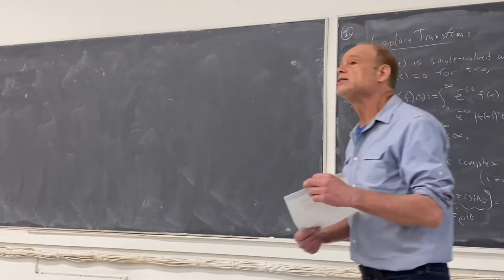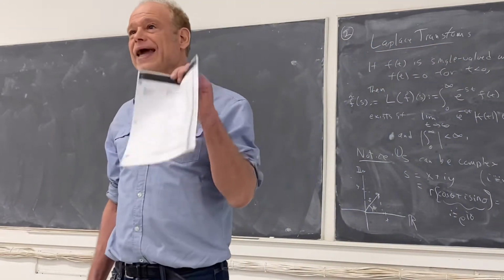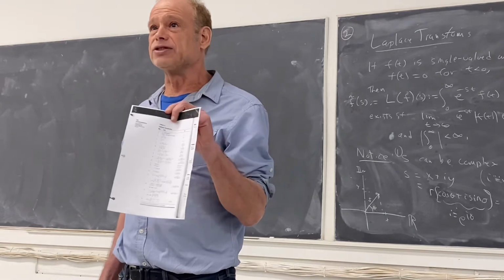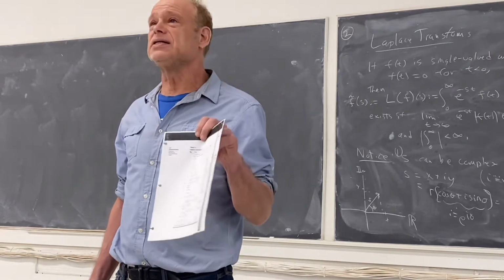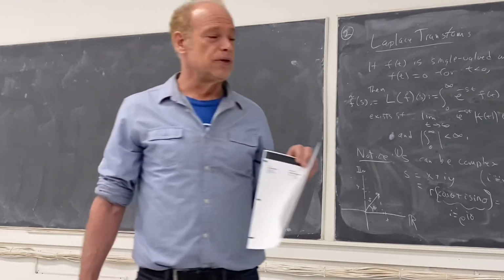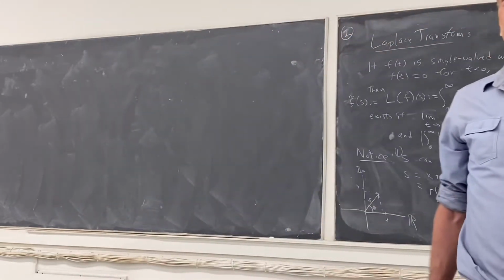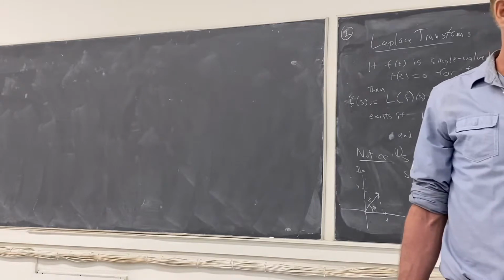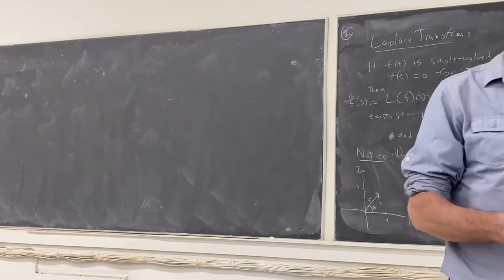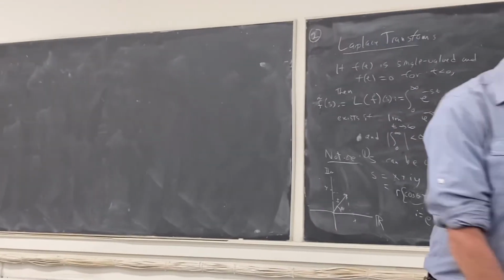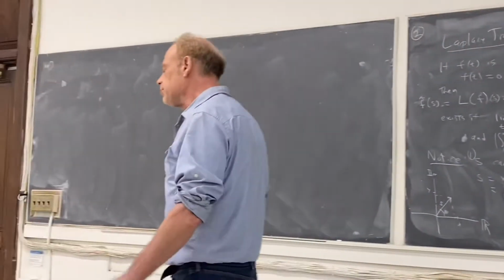Let me just note something. There are only 18 transform pairs on this table. And you might say, 18 is not a big number. How is that going to be enough for this course or for anything? And in reality, it's not enough. You need many more. But even the 18 are not so bad,